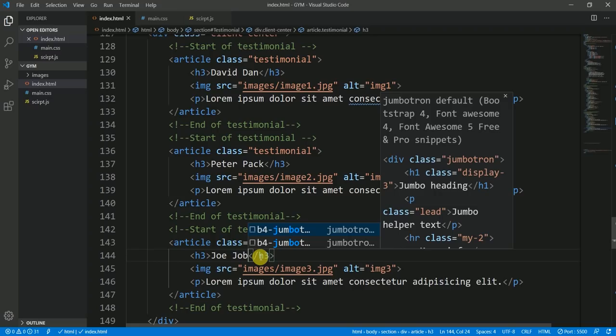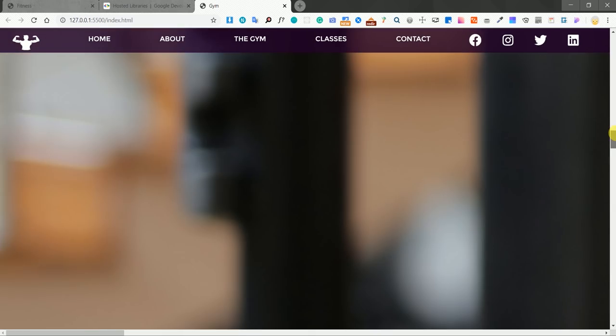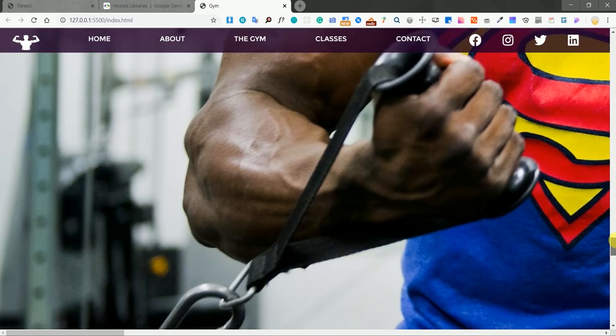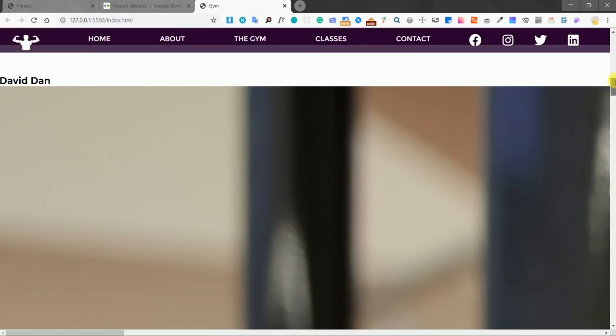And markup is done. Let's save it. It is, and here we go. Massive images. So let's style them first,